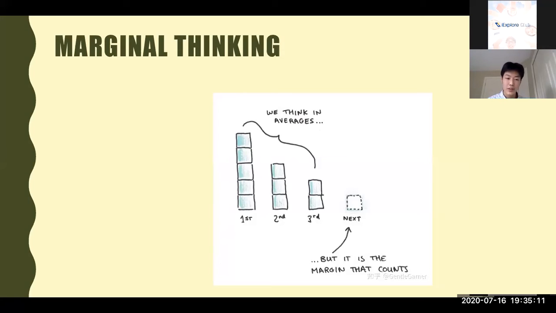Well, you can use it in other aspects. They all help you, because when you divide things up into units, and when you see that the marginal benefits are not going to be higher than marginal cost, you know when it's time to stop, and it can help you a lot. Trust me. So this is marginal thinking.